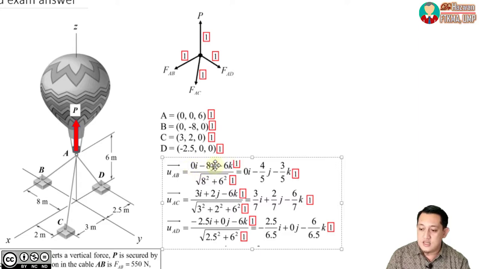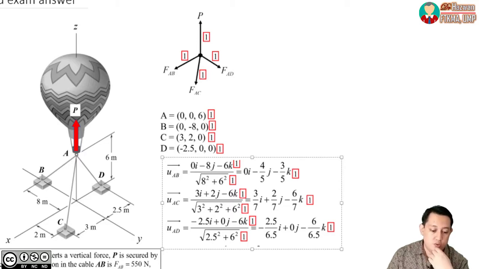So, this is the direction and this is the magnitude. Okay. So, this one 1 mark, this one 1 mark, and then the final answer, this one is 1 mark. Okay. So, each of these unit vectors here contains 3 marks, 3 marks, and also 3 marks. Okay, clear? Okay. So, next, after you get the unit vector, then you can multiply it with the force,